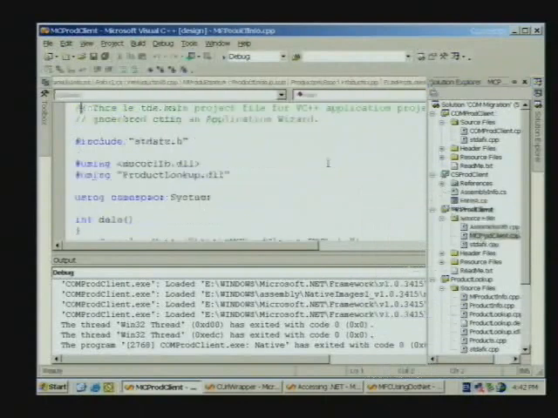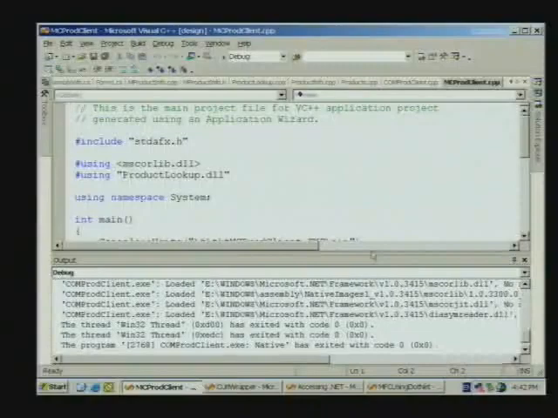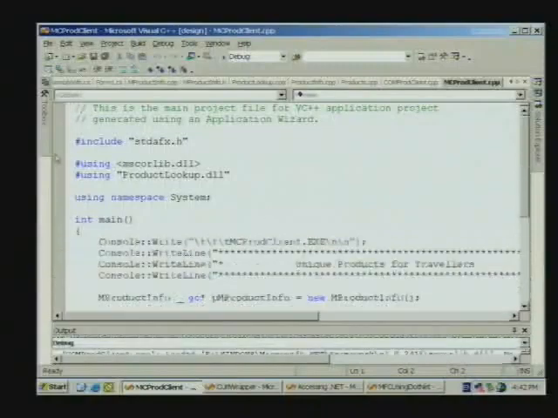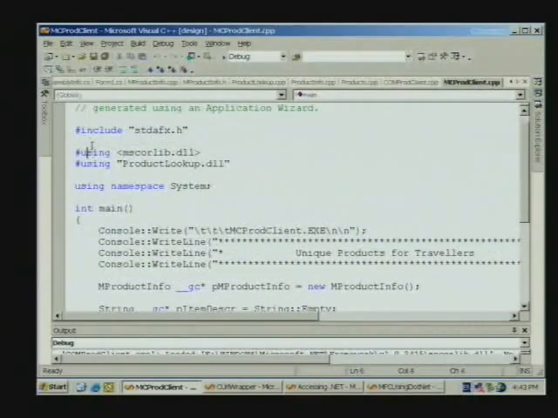and I look at the source file for this one, you will see that this is also a simple console line client, and that it has a #using statement for ProductLookup.dll. The #using statement in managed extensions is basically the equivalent of the #import statement for reading a type library, or the #include statement for reading the header file of a C++ or a C component, in that it reads the metadata in that DLL, which contains the GC classes I just added in this wrapper layer, and then uses that to populate the symbol table of the compiler